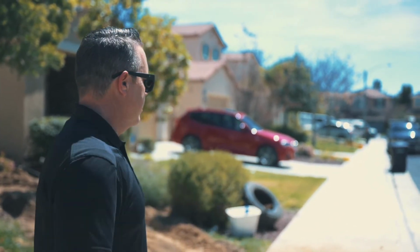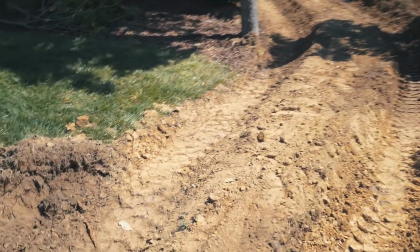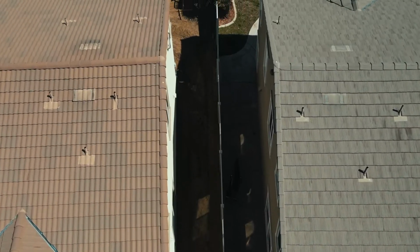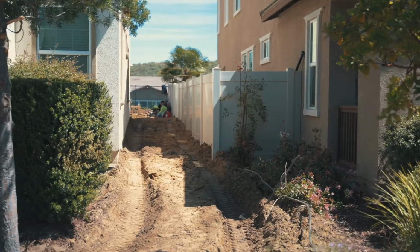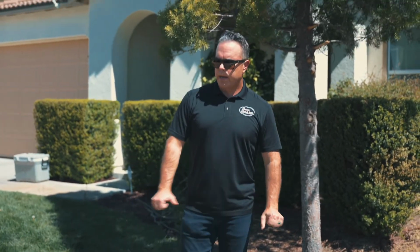So you can see on the curb here, dirt, scratches, messy. This is really the only way for us to get the dirt out of the yard. And then you see this path going into the back. It's a super bummer that you might have just got your yard done and now we're going to come in and destroy it. So tractors coming in, irrigation, pipes that are underground, grass, plants, anything that could get destroyed from a